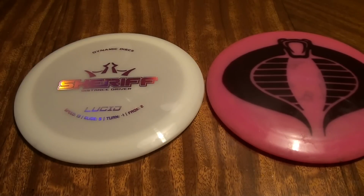The Sheriff consistently goes just that hair farther than the Trespass. It's definitely like a big boy disc. You've got to put some rip on it. You know, it's not something that you're going to finesse or throw weak arm. You definitely aren't going to get good results unless you commit to a shot and release it with some good hit, hit that hit point the way you want to, and it's going to fly